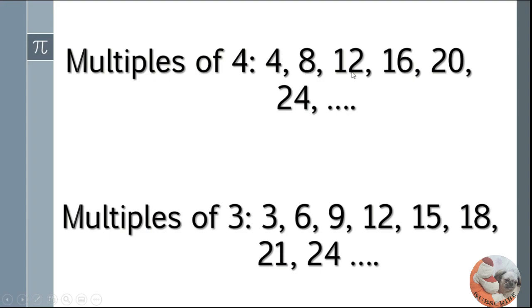For 8, 12, 16, 20, 24, and so on. Ang multiples naman ng 3 ay 3, 6,